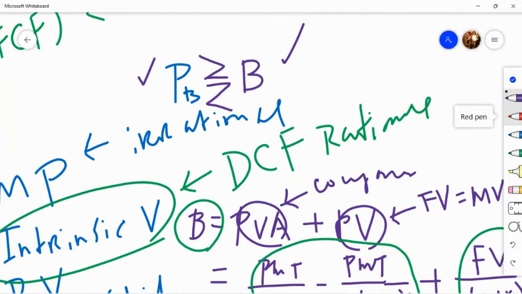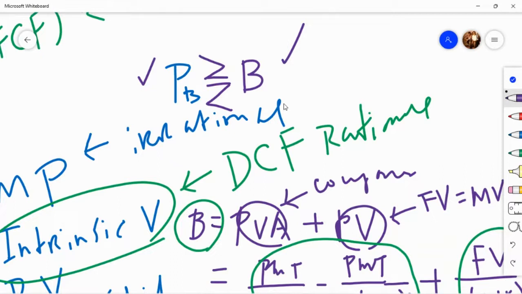But equilibrium is a very transient phenomenon. It doesn't last long. It's there and then it's gone. Most of the time, the market price would be either greater or less than the intrinsic value. Especially this will be more pronounced in stocks. In bonds, this is less pronounced. They are generally in line, because in the case of bonds, the variance in price is very narrow. Why? Because in the case of bonds,